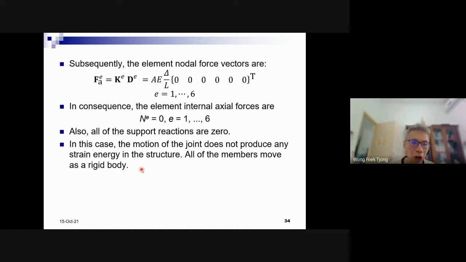Okay, that's all about the direct stiffness method. We have discussed the application of the DSM for spring systems, 2D and 3D trusses. And the same principle will always be used in the finite element method, for computer implementation of finite element computations. The direct stiffness method is the computer implementation of the finite element method, okay? So please be familiar with this if you learn the finite element method.